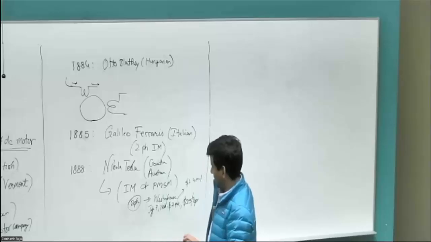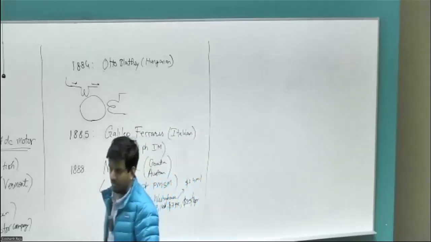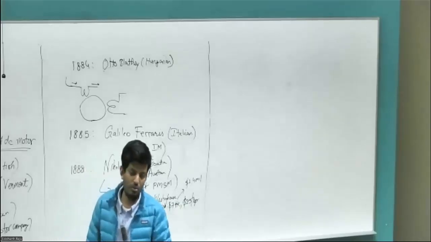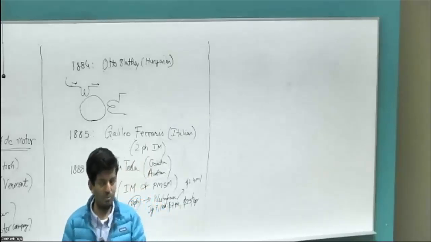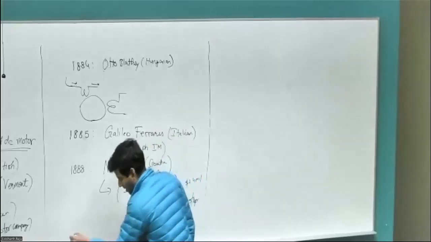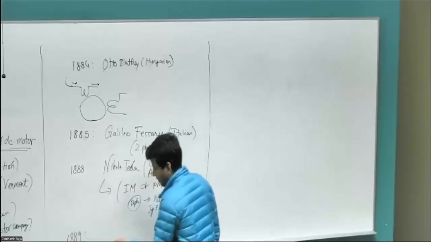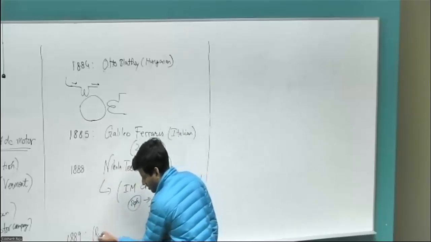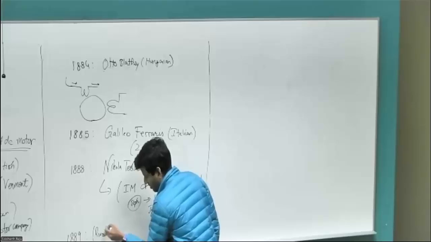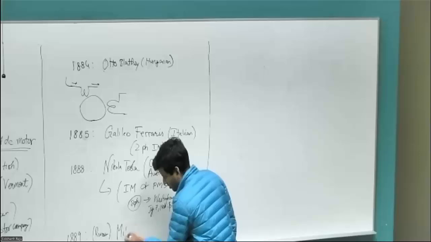But this itself was not a viable product, again because Nikola Tesla was very adamant that a two-phase system is the way to go. But as you will see, a two-phase system is not advantageous compared to a three-phase system. So the three-phase system became the way. And in 1888-89, Russian-born engineer Mikhail Dobrovolsky